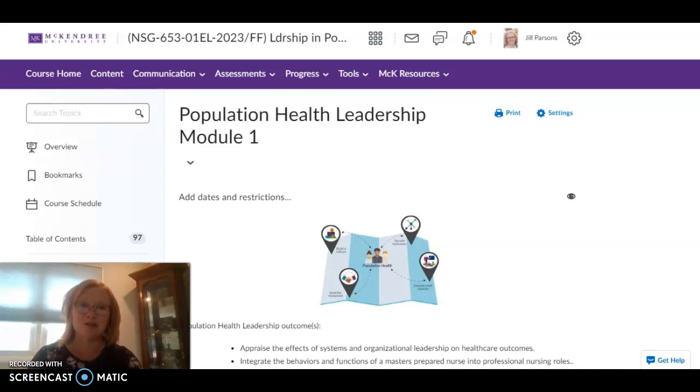As we take a look at the module, you'll find that the readings are very interesting. One is the Institute for Healthcare Improvement's High Impact Leadership White Paper that is in Brightspace for you. This is a critical overview of how to make your leadership practice impactful. We know that changes in leadership are driven by individuals, right? The individuals that actually do the work, or those involved at the community level. So, very often we perceive leadership to be very top down, when in actuality, leadership tends to be more